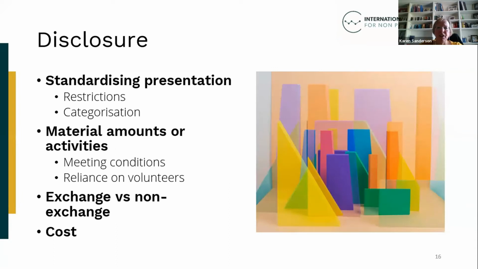And finally, to disclosure. Categorisation of revenue is important, particularly if there are different accounting treatments for different types of revenue. Standardising the presentation of revenue in financial statements can assist in understanding the sources of funding for an NPO, because as we've just discussed, not all revenue can be freely deployed by the NPO. It's got some stipulation attached to it. And so it would be useful to identify revenue that has been recognised immediately, but is subject to restrictions.